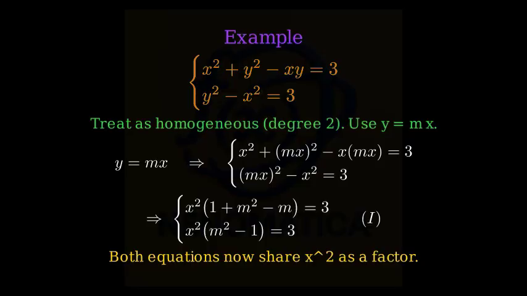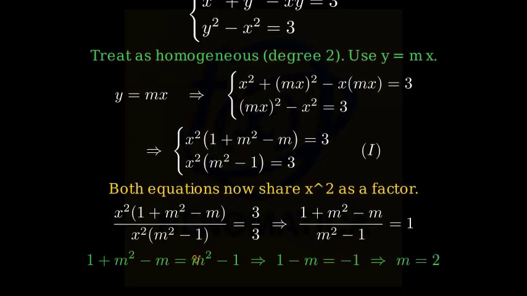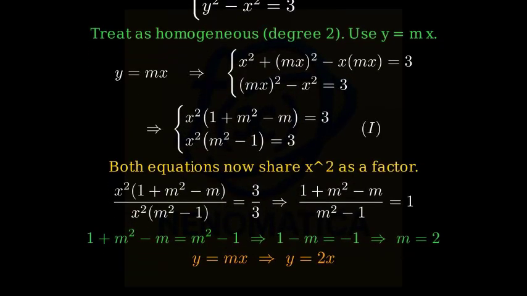Now divide the first by the second to eliminate x squared. Substitute m equals 2 back into system I. Let us visualize the solutions on the coordinate plane. The substitution y